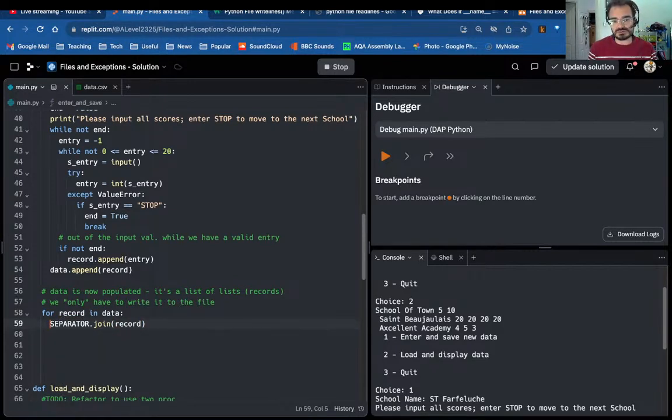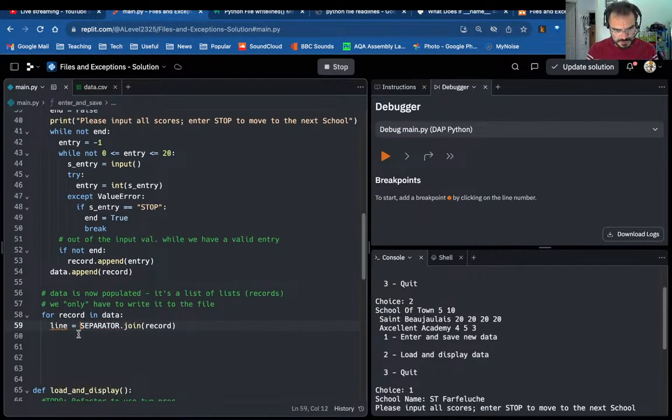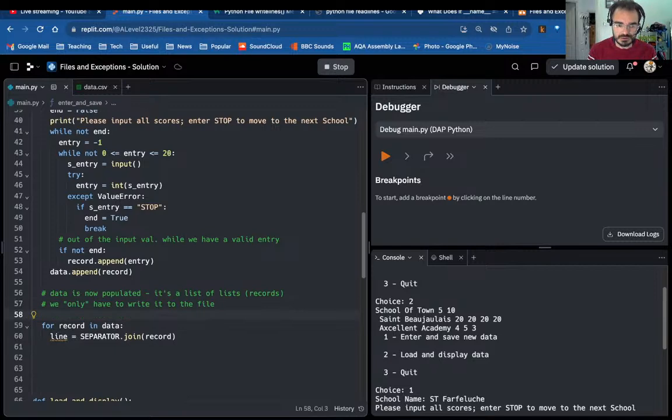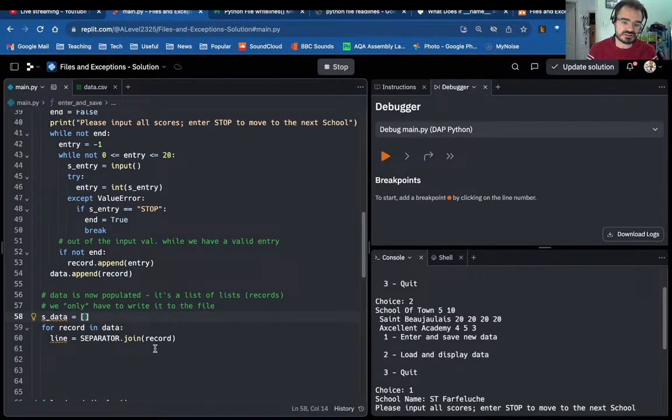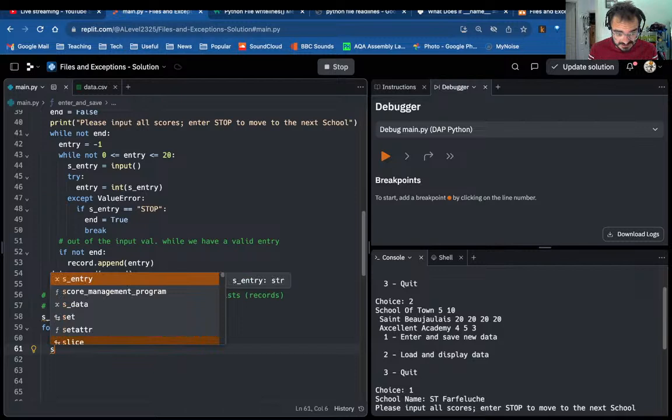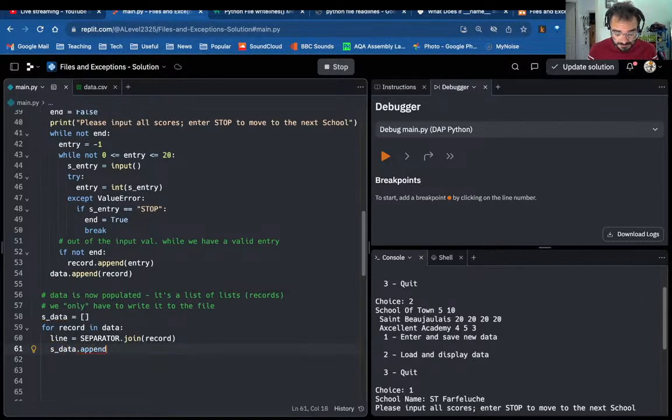So well, that doesn't do anything because I say line. The line is equal to separator dot join record. And so the string data, I suppose, I initialize to an empty list. It feels fiddly. You can just do a map, but you don't know about map yet. I think the 13s know about it, but technically that's part of the spec we're not seeing yet, even with the 13s. Line is equal to the separator, and we're going to do s underscore data dot append bracket